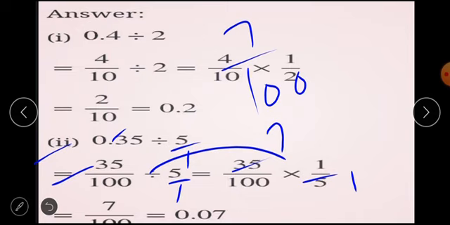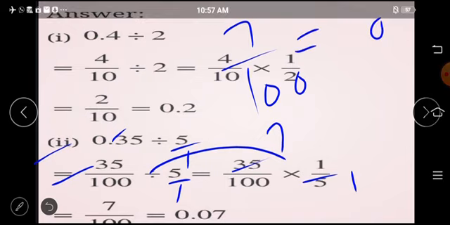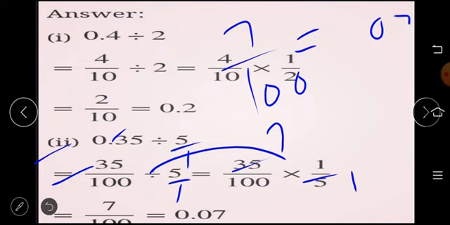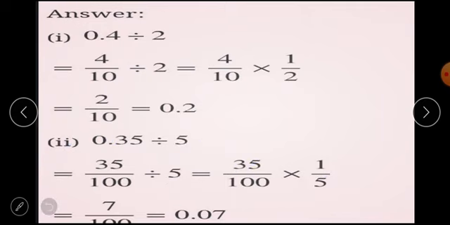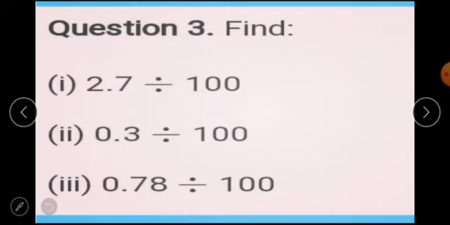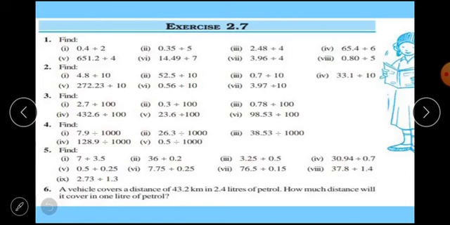And we have to place the decimal before 2 digits. But we have only one digit here. So we will put 0 before 7. And we can write it in this way, 0.07. This is our required solution. So student, I hope it is very easy and clear, all the steps of division. How can we divide fractional numbers? So now move to the second question, which is the same, and this is your homework. You will do this question.